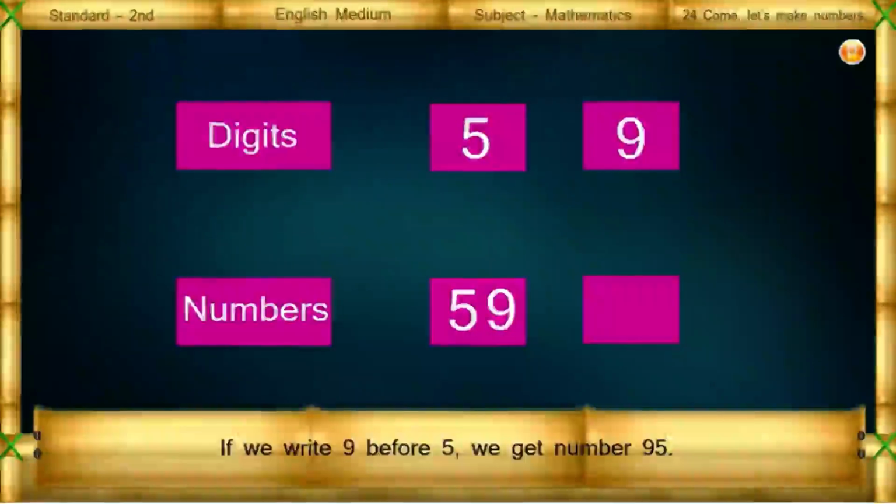Let's see one more example. 1 and 4 are two digits. Let's learn how to create two new numbers from these two digits. If we write 1 before 4, we get number 14. And if we write 4 before 1,